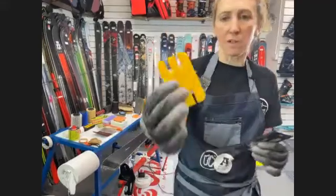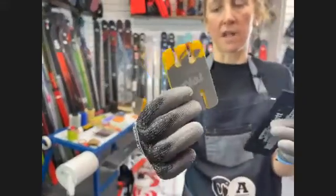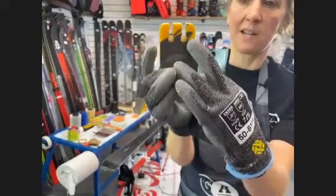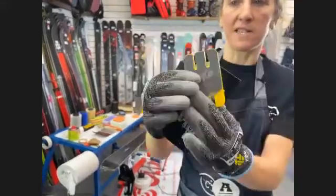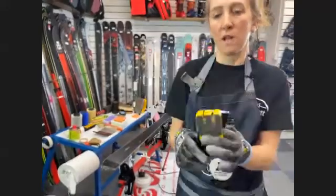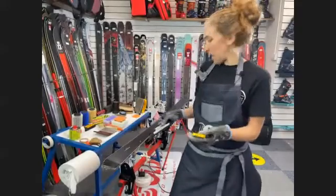So this is what they call a scraper sharpener. These are made by Toko. There's a couple of different versions of them. They have just in here little ceramic blades, and it's different thicknesses, different grooves. What it does is it actually sharpens the scraper. So as I'm going down there now,